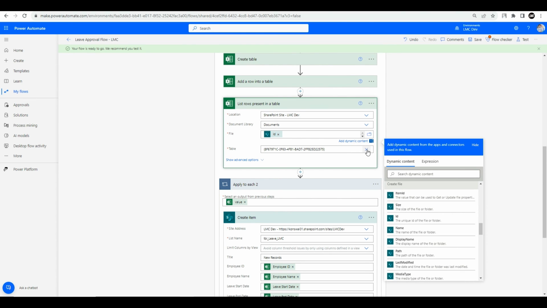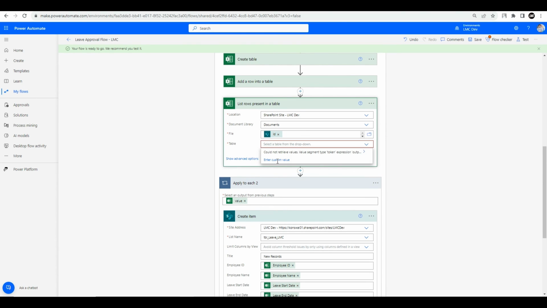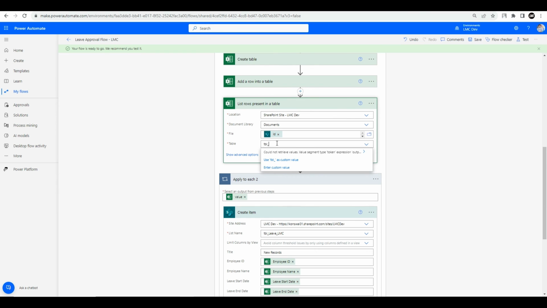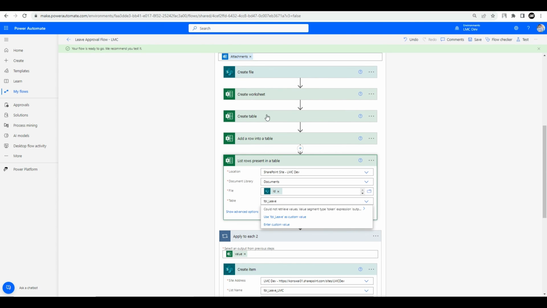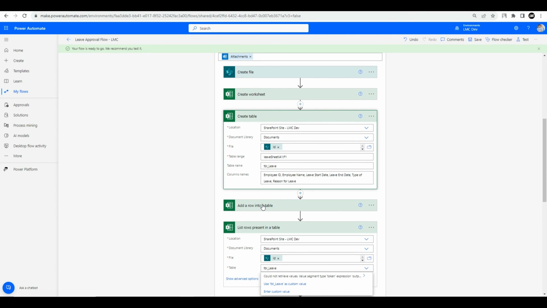Let me remove this table name. Here I'll say custom table name. The table name should be tbl underscore leave, I think. The table name should be the same. Okay, this table name,